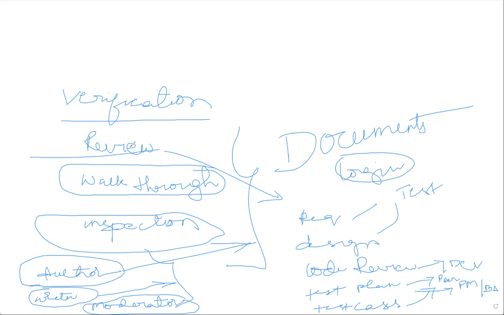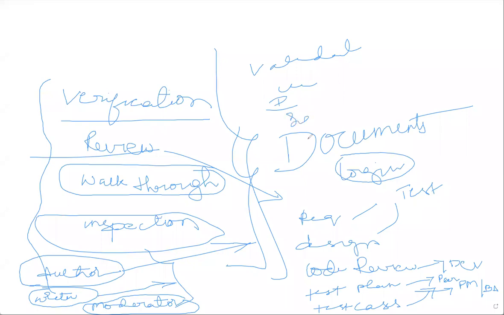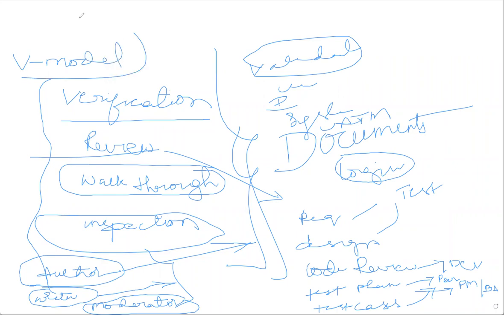So this is all about the verification terminologies we use. In validation, we use technical terms, right? We already discussed them: unit testing, integration testing, system testing, and UAT testing all come under validation. That we already covered, and now we have covered verification. So today we covered the complete V model. This is all about today's class.